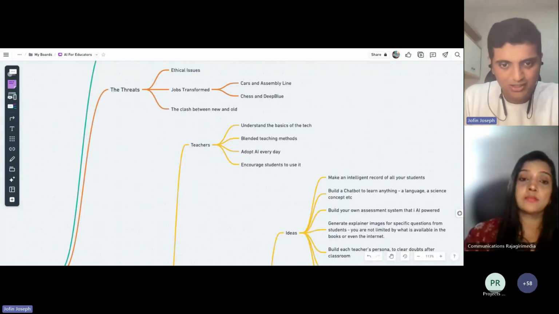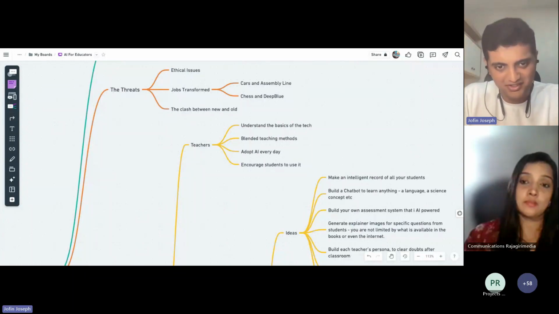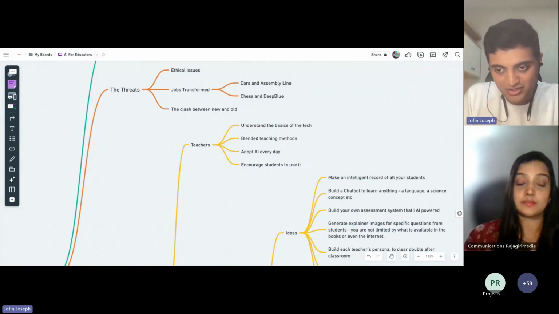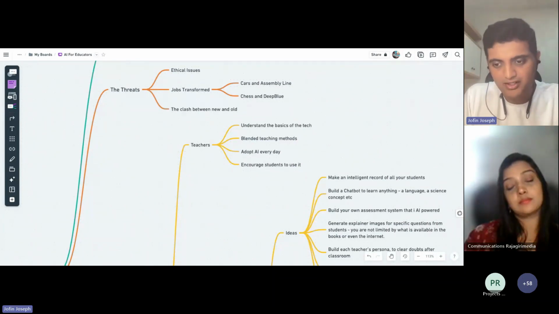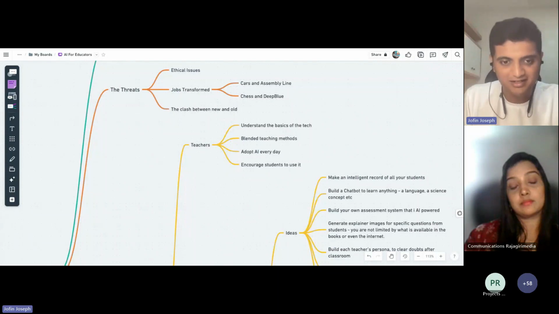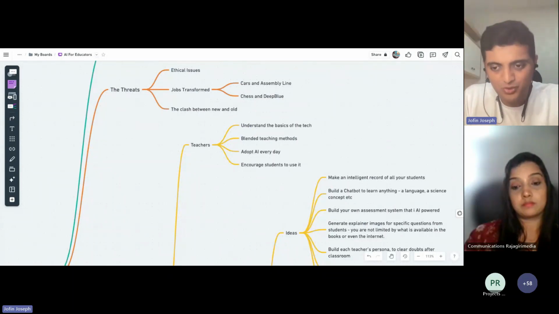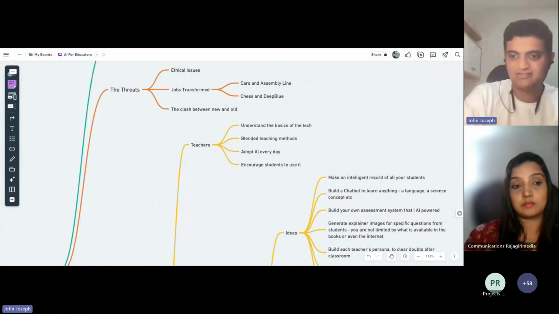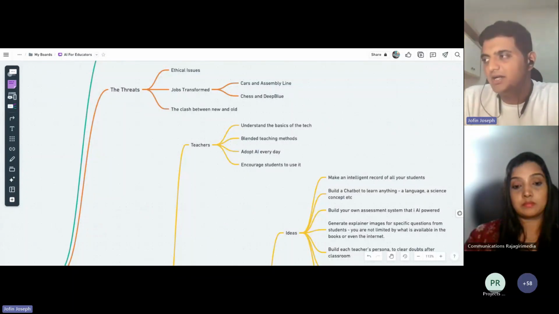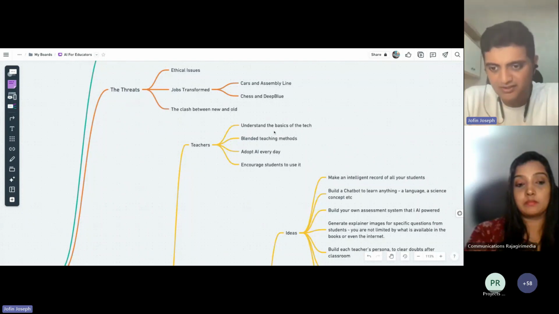You see an image, you should be able to identify if it is AI generated or not, right? You generate an image, you should have the minimum knowledge to understand if this can be trusted or not, right? Just like the heart example that I showed. If you blindly trust that and put it up, then it can be a problem, right? When you know the technology that goes behind, at least to some extent, you have an understanding that these things can be trusted, these things cannot be trusted, right? So understanding the very basics of tech is one important piece.